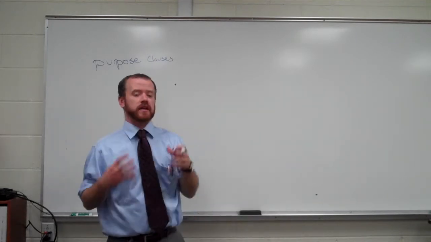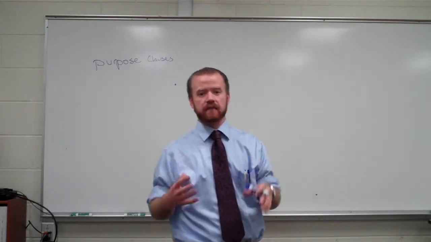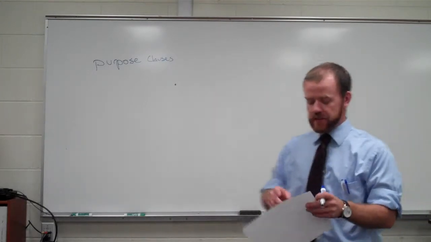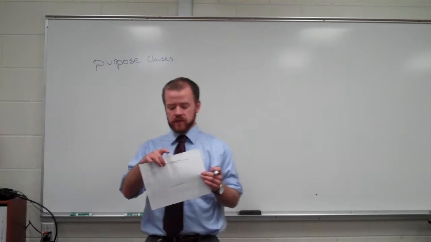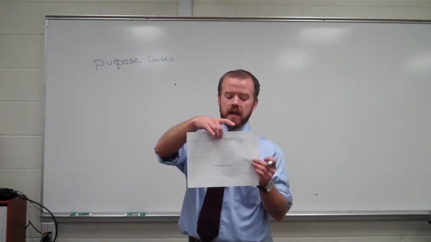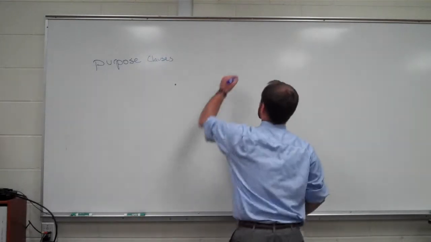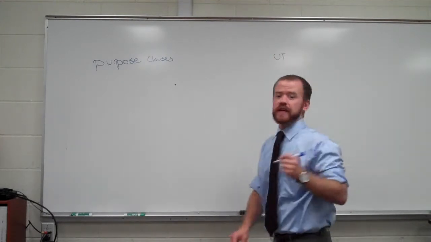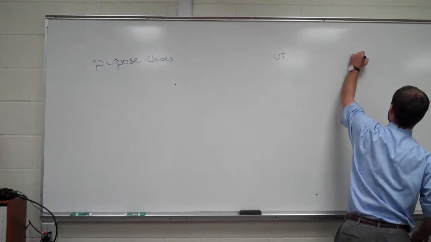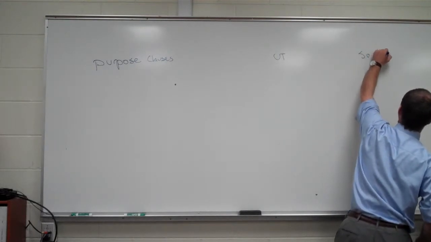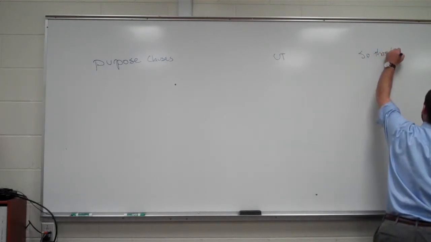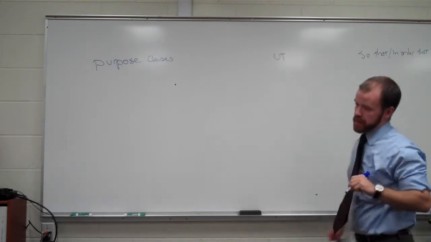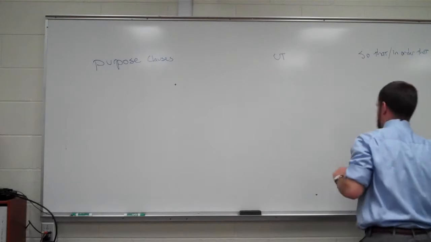These are the clauses, remember, that introduce the reason for the main verb in the sentence. All right? On your chart, there really is no identifying words for the purpose clause, so you'll leave this second one blank. But then the introductory word, we have ut. All right? And we translate this most often as "so that," or we can do "in order that." All right? So for example,